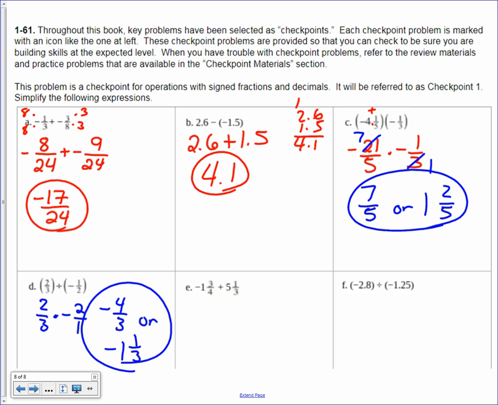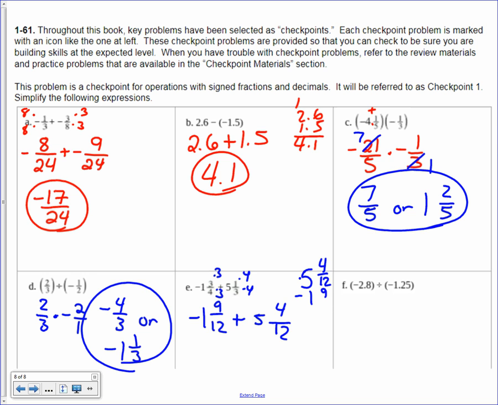I'm adding, so I'm going to keep them in mixed numbers. I'm going to make a common denominator. I get negative 1, denominator is going to be 12, plus 5. So to do the 12, I multiply by 3. So I get 9 on the top. Multiply by 4 here. So I'm going to get 4 on the top. And then it's really like subtracting. So I'm really doing 5 and 4/12, because 5 is the bigger number,